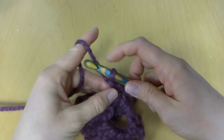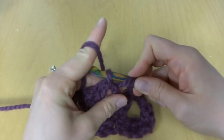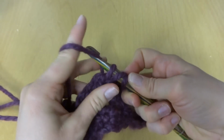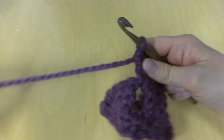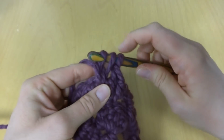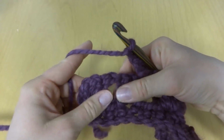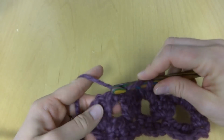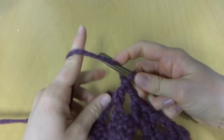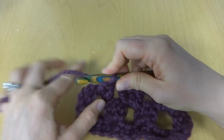And chain 1, next space, 1, 2, 3. Work a chain 1, last space, 1 double crochet, 2,